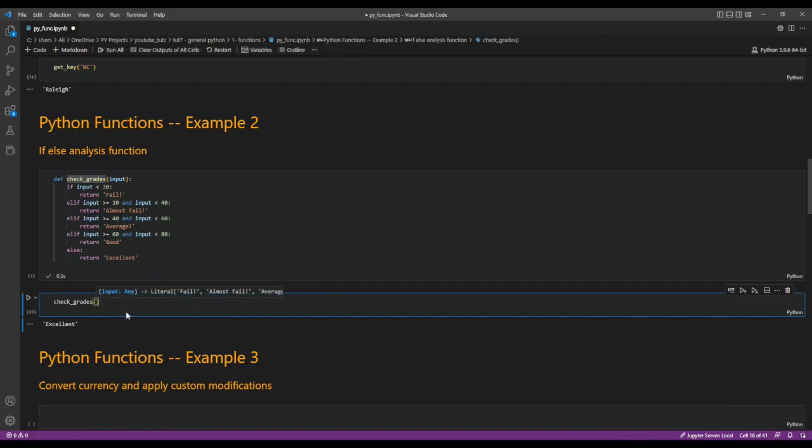Put in the function name and we open round brackets, and you can see it says input with colon, it says any. It means we can input any type of data in this. So let's say 50 and check it. Alright, so we see that 50 falls between greater than 40 and less than 60, so it returns average,